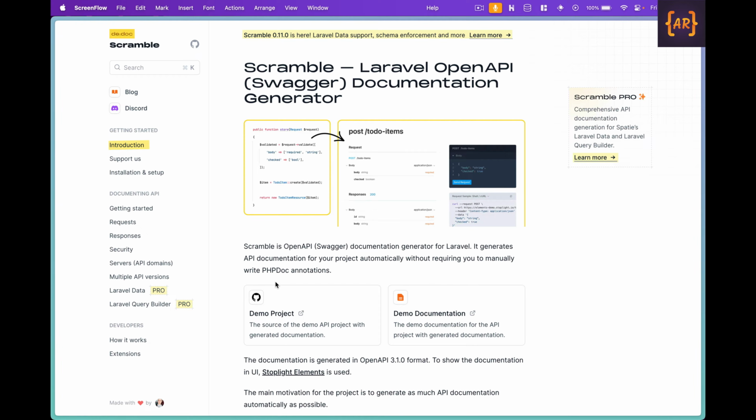Today in this video I'm going to talk about a new package that I have just found out through a Reddit conversation, and that is Scramble, a Laravel Open API documentation generator. Now, before I go into the nitty-gritties of how to use the package, we need to understand what is